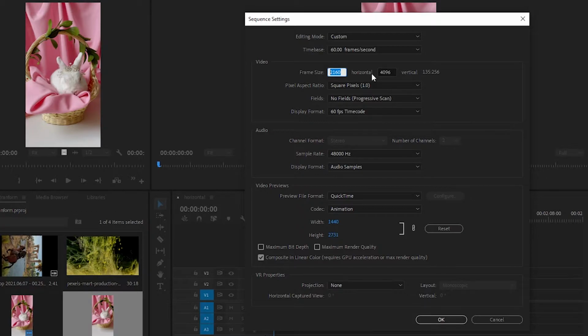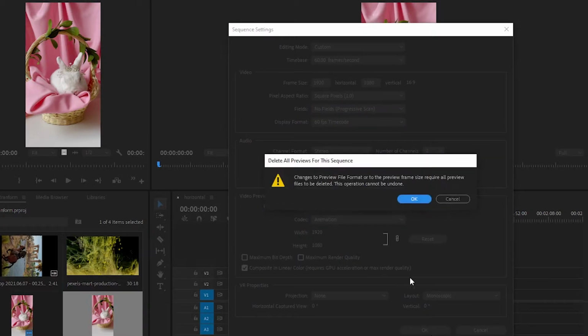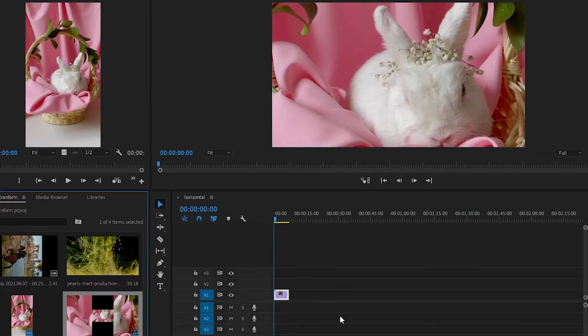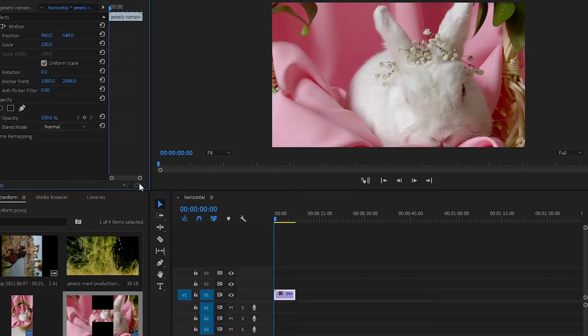This is actually the video size. Suppose I want to set it to 1920 by 1080, which is a 16:9 ratio, which is the 1080p video that we see on YouTube and many other platforms. Keep the pixel aspect ratio as square pixels, and don't touch any other field. Okay, and you can just click OK. As you can see, it has now become a 1080p video. As you can see in the rectangle, before it was just vertical, now it is a rectangle. Now the problem is, if you click on this and go to Effect Controls, as you can see, make sure